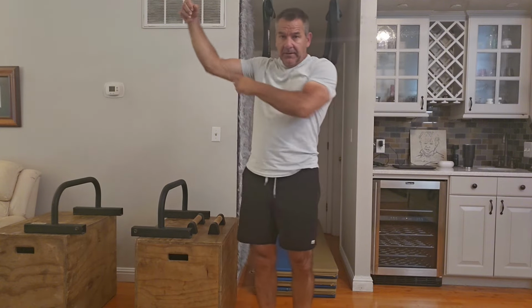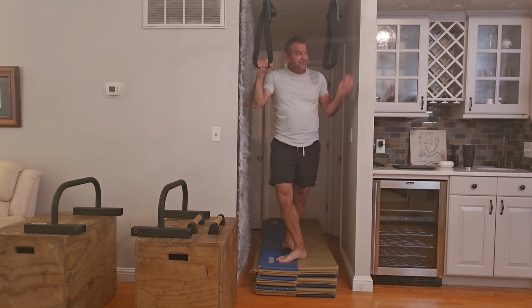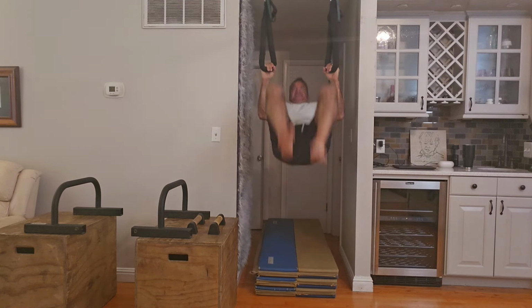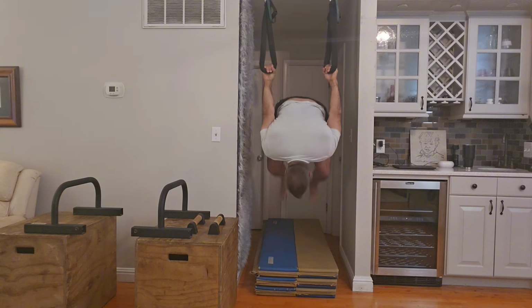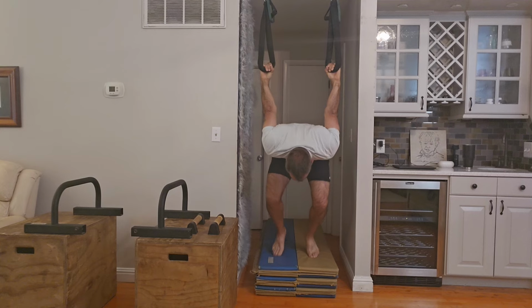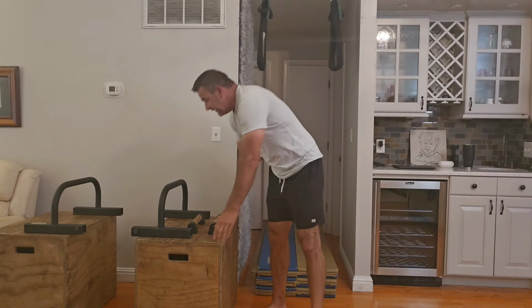However, I highly recommend first, and I'll show you this way, so I'll come back around. I'm gonna keep my feet on the ground as I come back around. See here, so my toes are on the ground. Little by little, you can tap, tap, tap, and then unweight your feet, okay? Great exercise. Really hard to do in the beginning, but I had to try to show you guys. All right. So we'll go from that